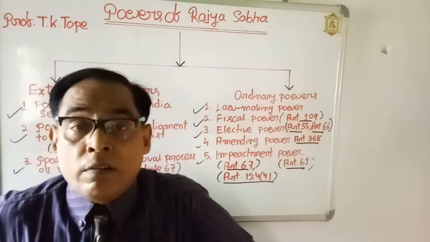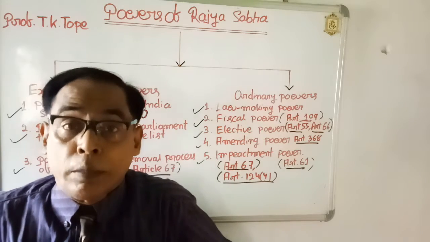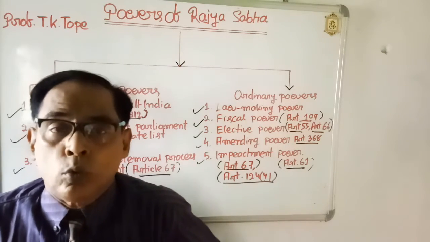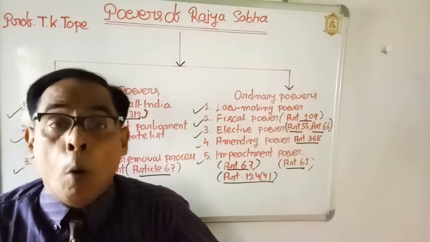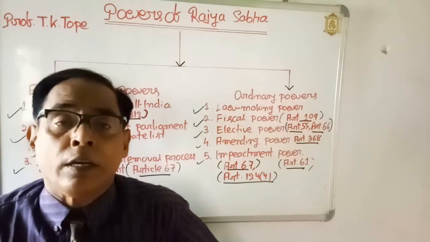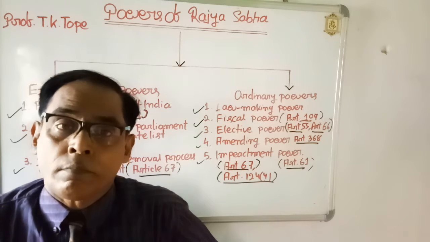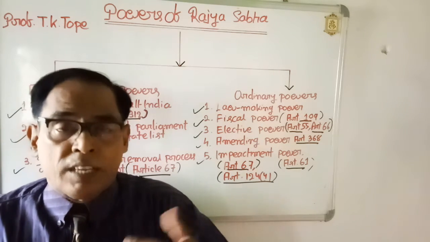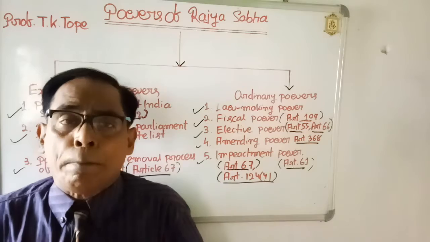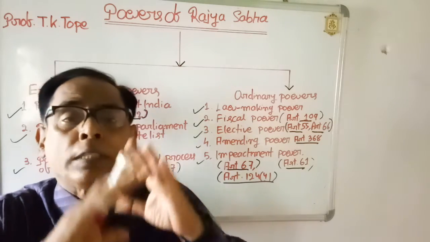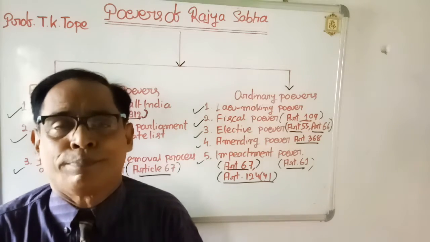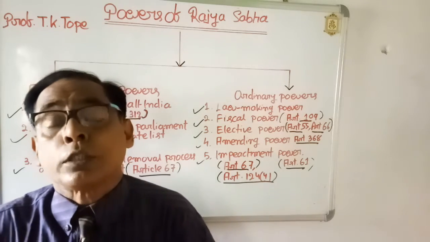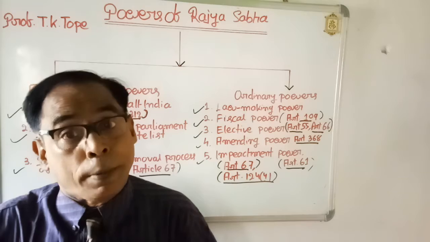It means whenever the President of India has to be removed, either due to misbehavior or incapacity, 14 days notice has to be given to the Parliament. After that, the removal process has to be passed by both Houses of Parliament, Lok Sabha and Rajya Sabha. After that, the President can be removed. So, in the removal process of the President, members of Rajya Sabha participate.